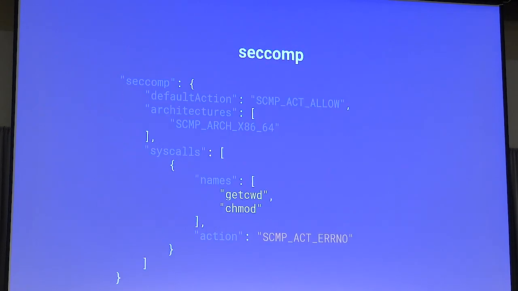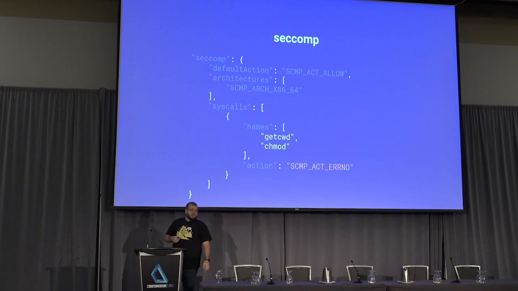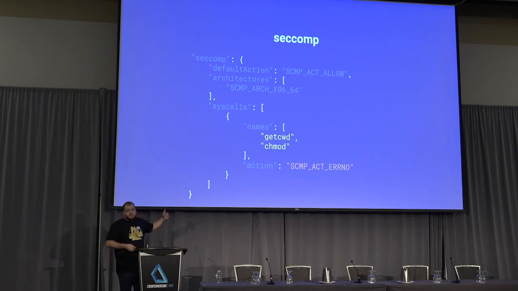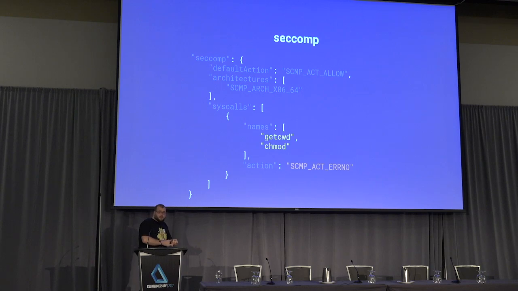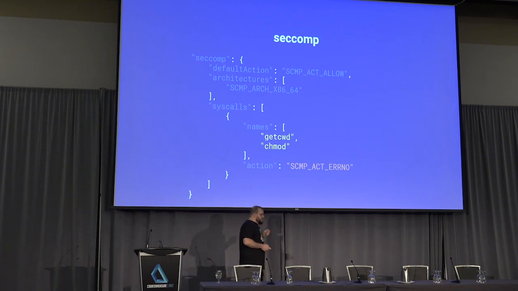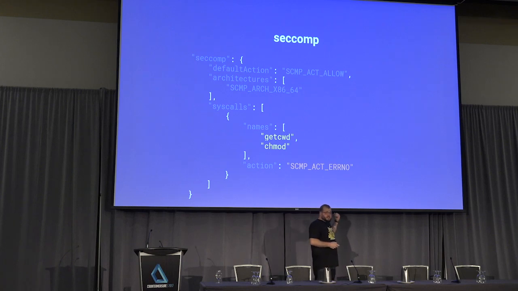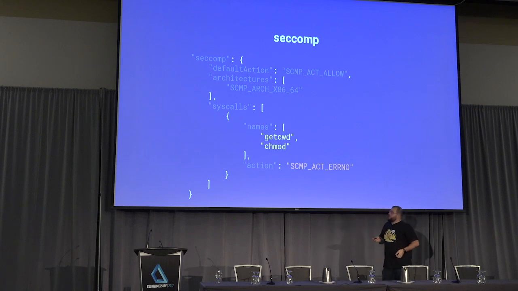Further to this, we have SecComp, or Secure Computing Mode. It's the idea that you can take an application and it will enter this secure state, and it won't be able to make any syscalls, save a few that have been whitelisted against already open file descriptors. TLDR, we can take away syscalls from applications too. So along with application level AppArmor stuff, we can take away the system calls that this container can make. It's important to note that the default Kubernetes runtime for SecComp is actually unconfined, so we're not restricting any syscalls inside of Kubernetes workloads by default unless we do something like this.